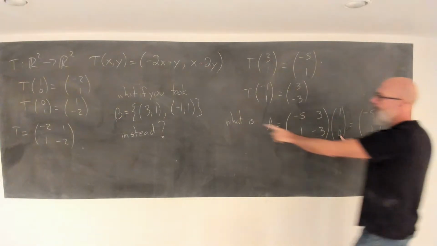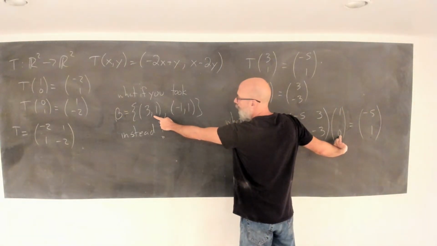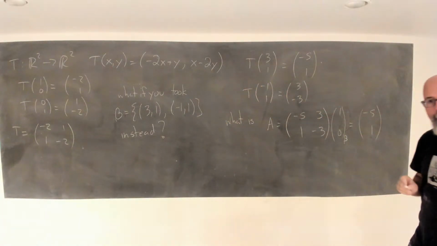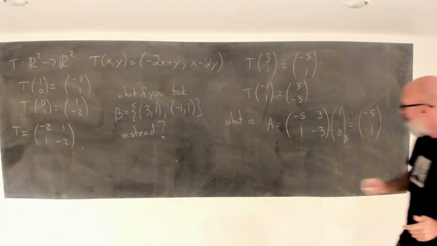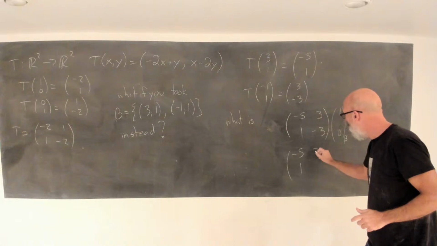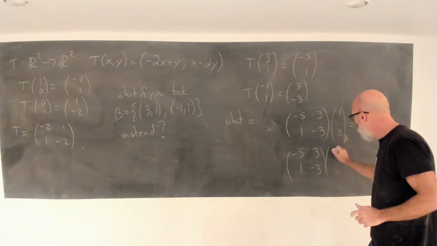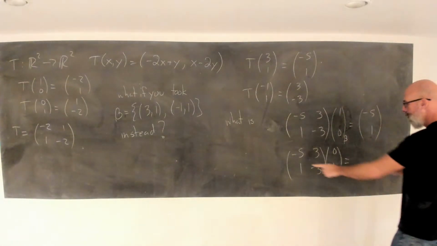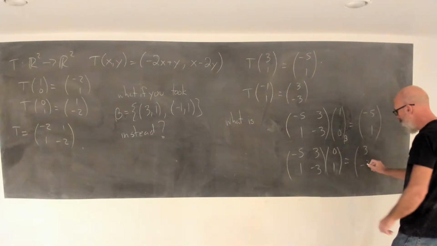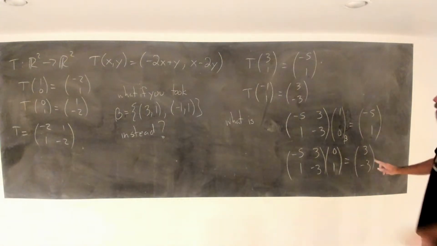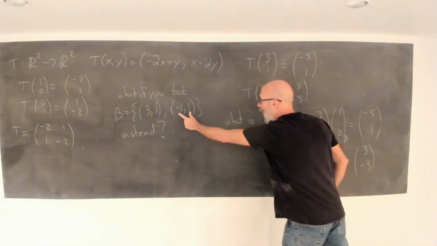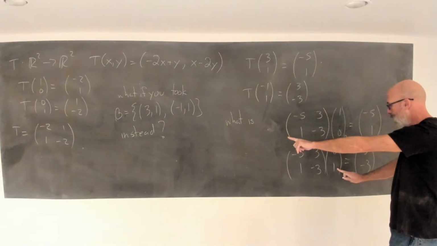If 1, 0 is viewed as 1 times the first basis element plus 0 times the second, and similarly, this gives us 3, minus 3. So if this is viewed as 0 times the first basis element plus 1 times the second,